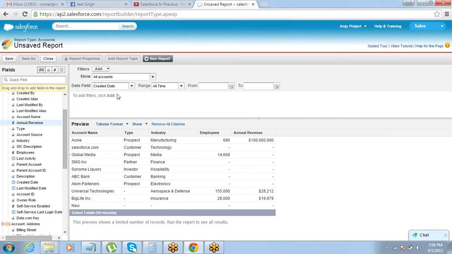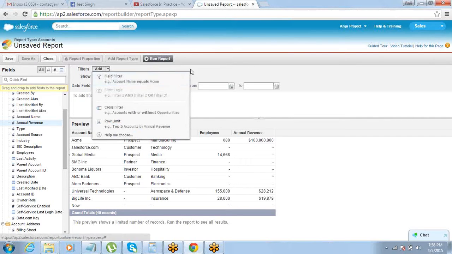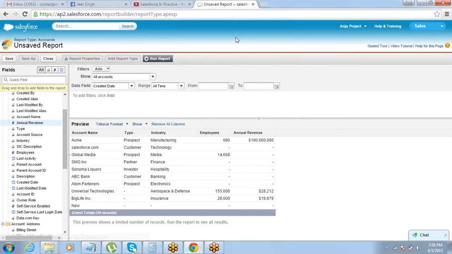If you want to put some more filters, you can add filters from here. Add field filter. All right. So let's say I just want to see a report of prospects where the type equals prospect. Then I can go ahead and add field filter.